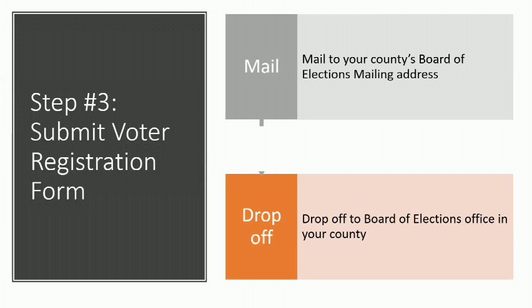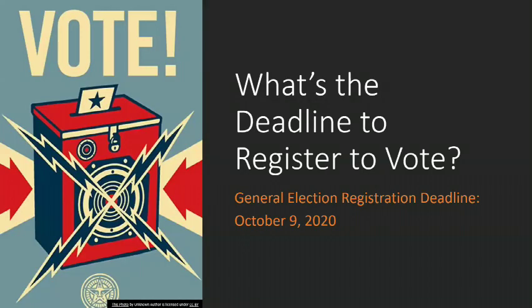voter registration form. And then another piece of really important information is, when's the deadline to register to vote? If you want to vote in the November 3rd general election, that's the election for president, for Senate, for Congress individuals, as well as other races, you must be registered by October 9th, 2020. No ifs, ands, or buts. If you want to vote on November 3rd, October 9th is your deadline to make sure you have that form